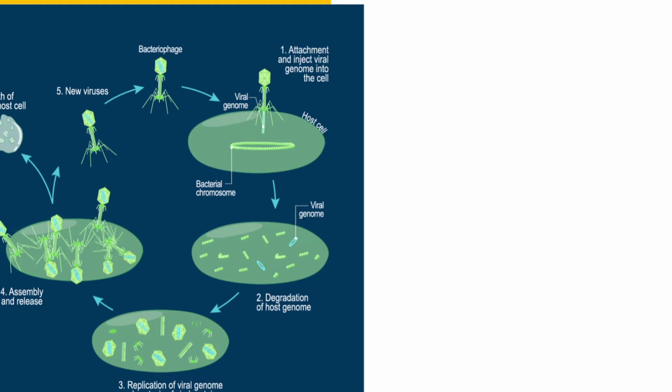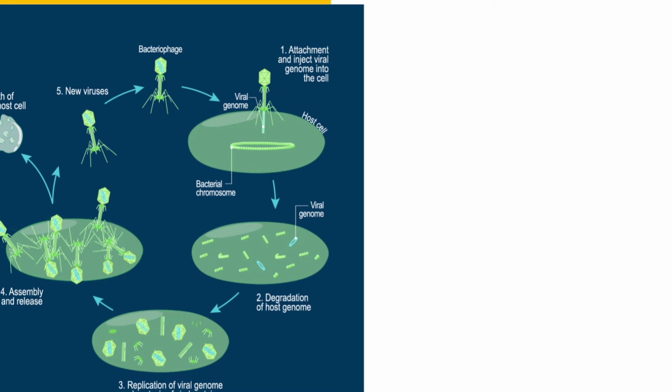First one is adsorption. What the bacteriophage does first is go and sit on a particular bacterial cell. Suppose we take the example of E. coli. The bacteriophage goes and sits on the E. coli, and this process we call adsorption. So adsorption is just a landing on a particular bacterium. Once the landing is done, then what happens? There is a step called pinning. Pinning means it anchors its basal plate to that bacterium. That is what is called pinning.